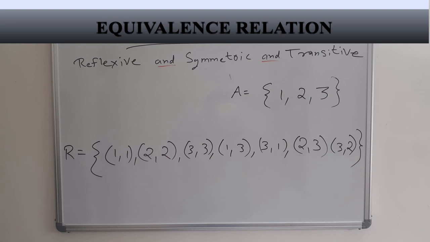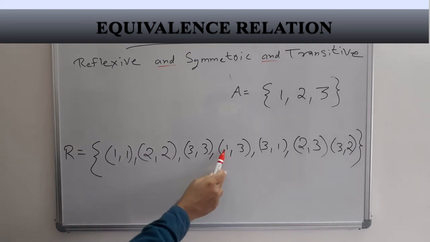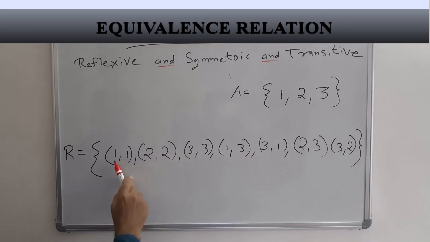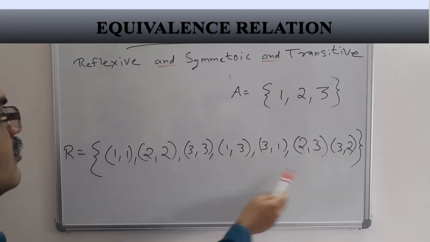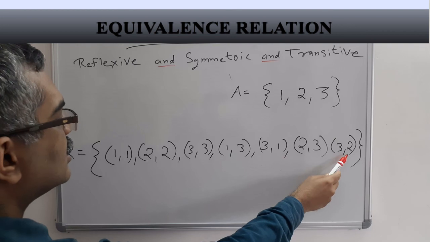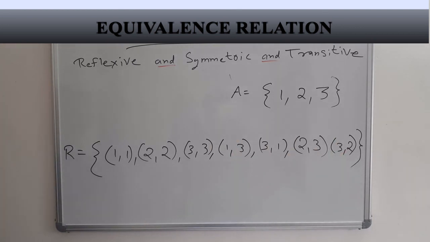Now we look for the transitivity. We know that these pairs won't create any problem. We'll just see if there is any pair which will not satisfy the relation for transitivity. So for 1 3 and 3 1, we have 1 1 here, and 1 3 and 3 2, we expected a 1 2 as a third pair, and that 1 2 is not there. So since that condition is missing, this is not transitive, therefore it is not an equivalence relation.